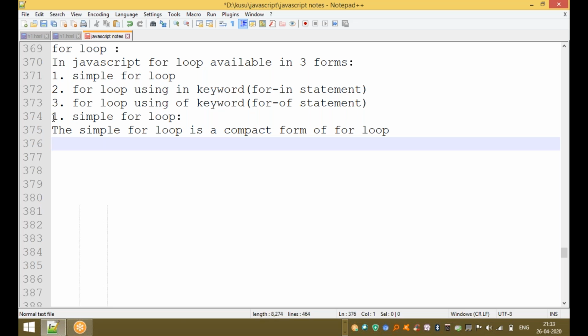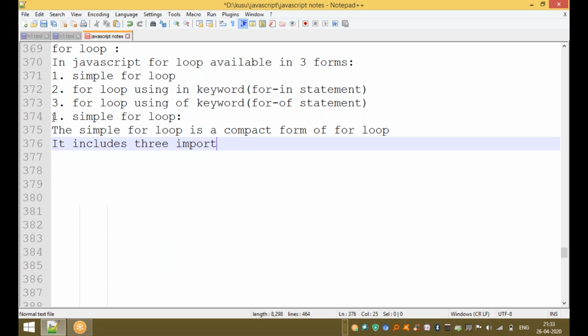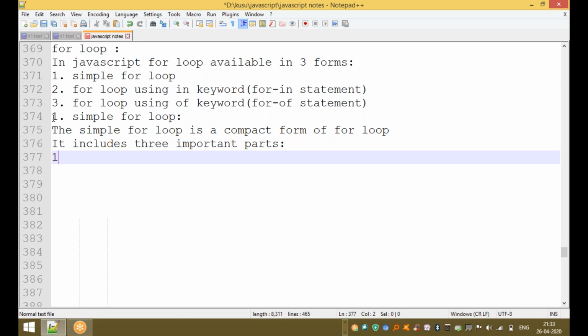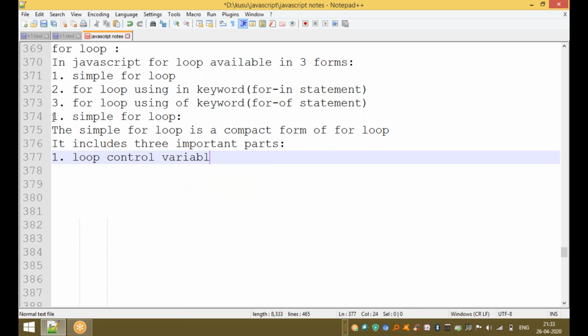The simple for loop includes three important parts. One part is initialization, the loop control variable.